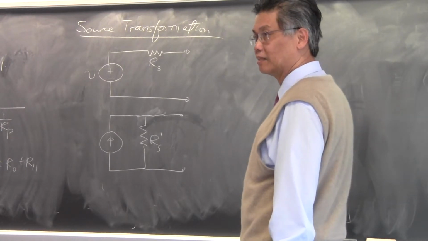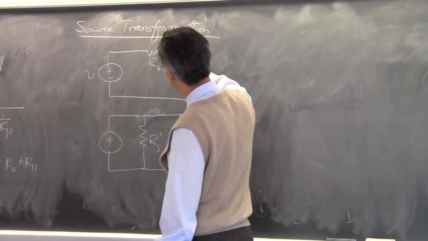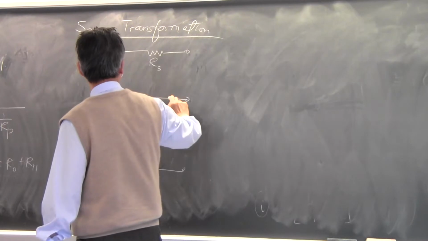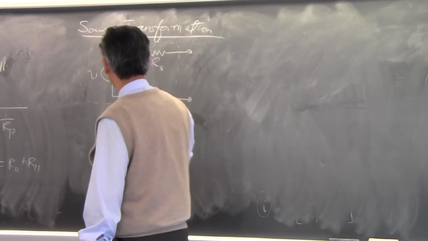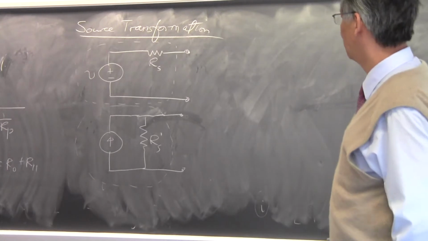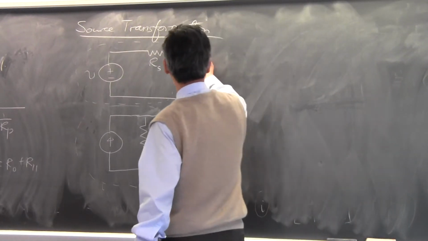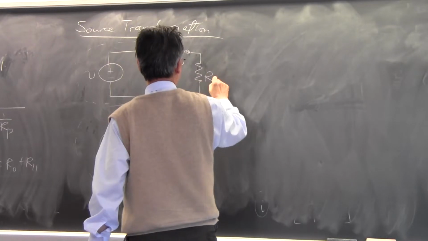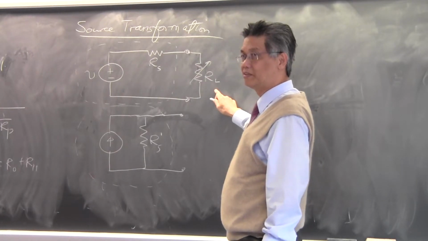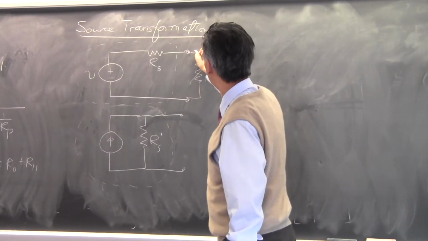And to a person outside, you really do not know whether you have a voltage source or a current source if you only have access to these two terminals. If I tell you this is a black box, okay, put this inside a black box, then you only have access to these two terminals. How could I tell them apart? I can do experiments to tell them apart. One thing I can do is to hook a resistor here. And this is the symbol for a variable resistor. I can change the value of my resistor gradually. I can change it from 0 value to infinite value